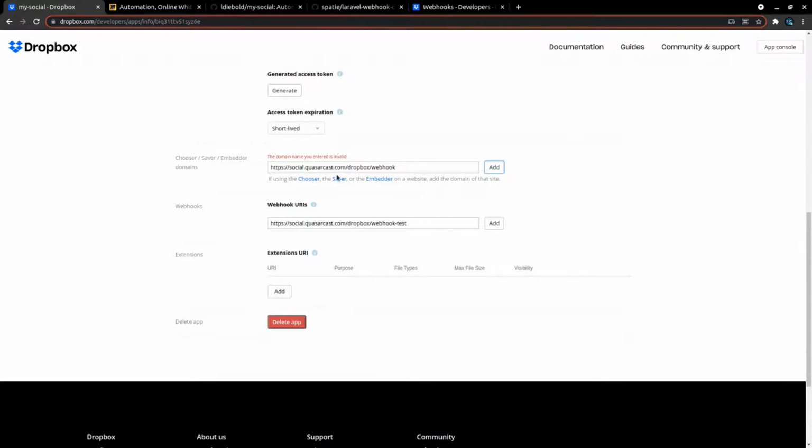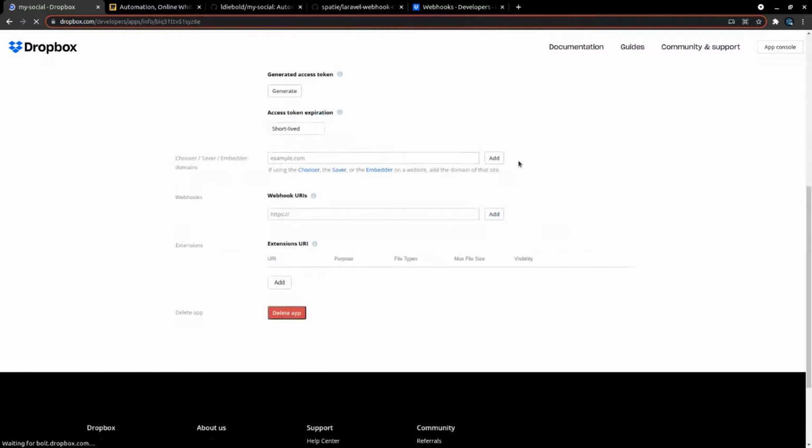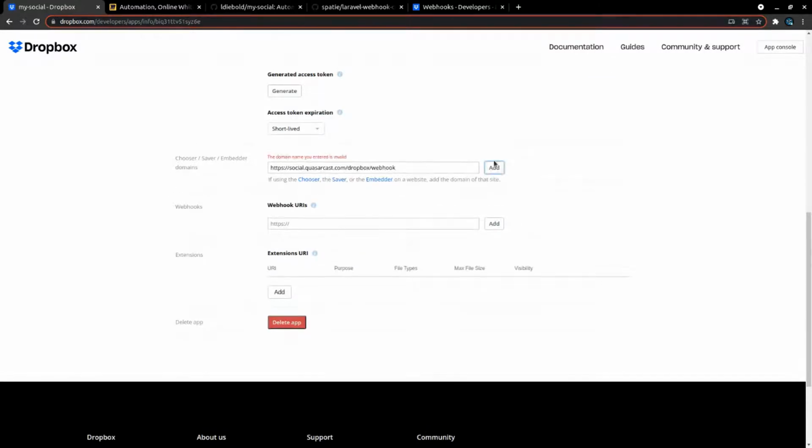What? The domain name you entered is invalid. Really? It's invalid. I literally just used this one. Add. Oh, maybe Dropbox is messing up on me. Let's refresh that page. Does it not want the HTTPS part?